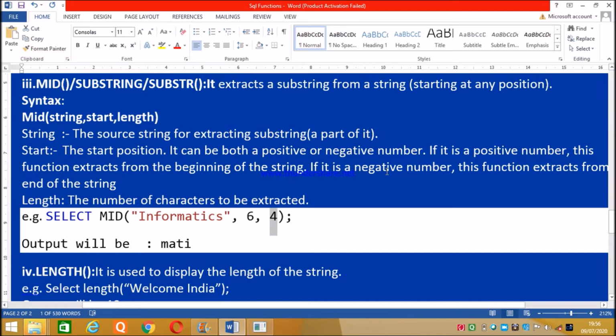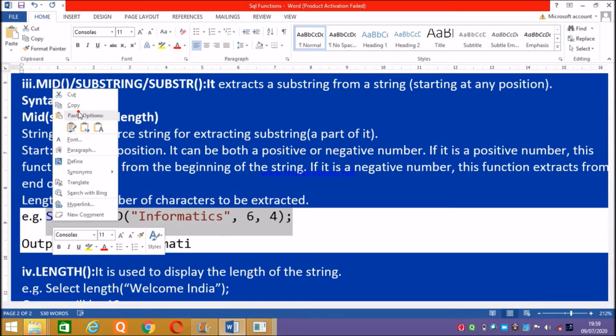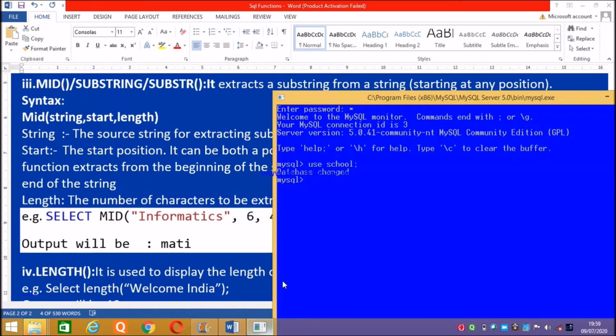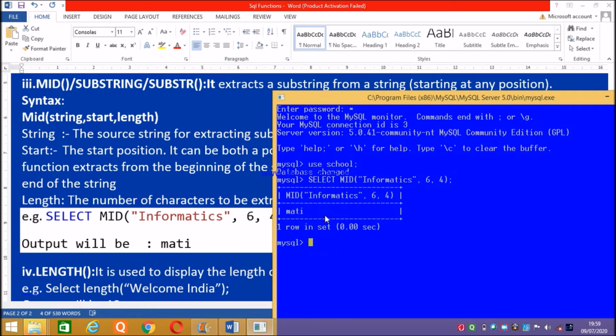But if I give the negative number, I can also do my choice. So here I copy this command and paste it here. Now see, it will show you MATI as I told you. Now what I will do, I will write here minus. If you write the minus value here, suppose I am writing minus 5, and from minus 5 I need 4 characters.